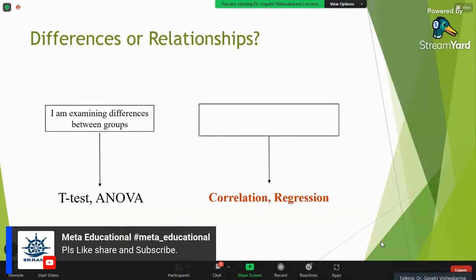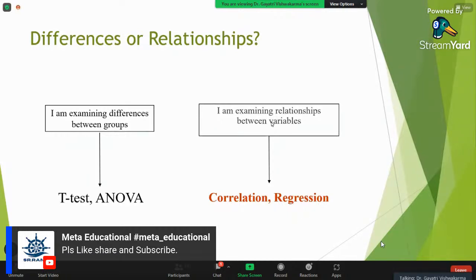Now, if our objective is to examine the relationship between two variables, then we have to apply correlation and regression. Why am I writing here only correlation and regression? One more statistical method can come here. Can anybody tell me what statistical method comes here? My topic is on correlation and regression, that's why I am writing it here.